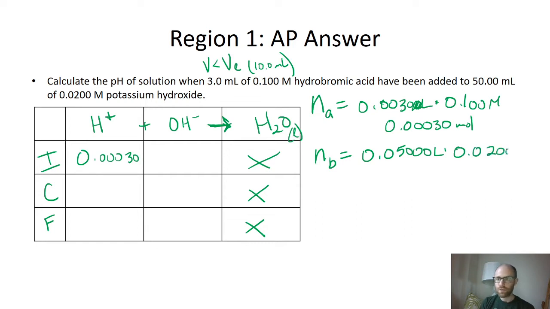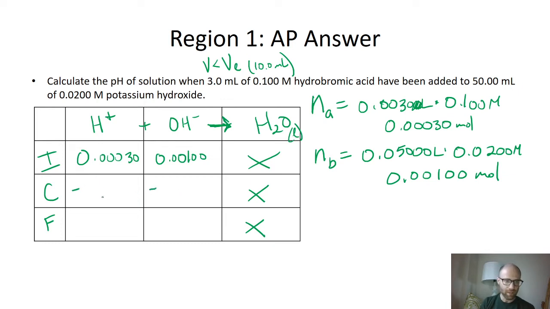Zero point zero two zero zero molar, and that will give us 0.0010, I guess, moles. And that's our moles of hydroxide. Keep in mind we're starting with hydroxide, 0.00100. So if we do our subtraction here, we're going to subtract the smaller of the two,